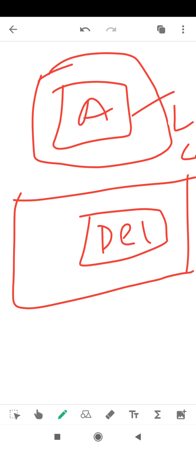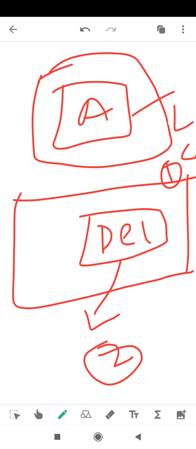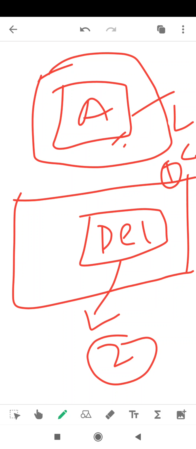This is step number 1. Step number 2, you will simply click on this delete button, and this folder will get deleted.